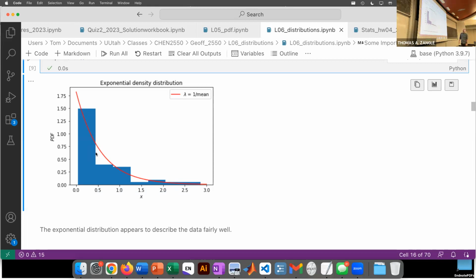Yeah. So it's telling us that we expect to see